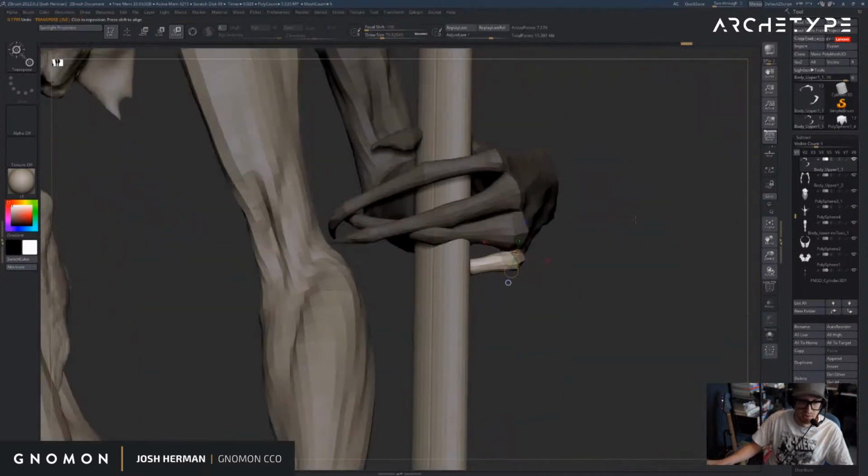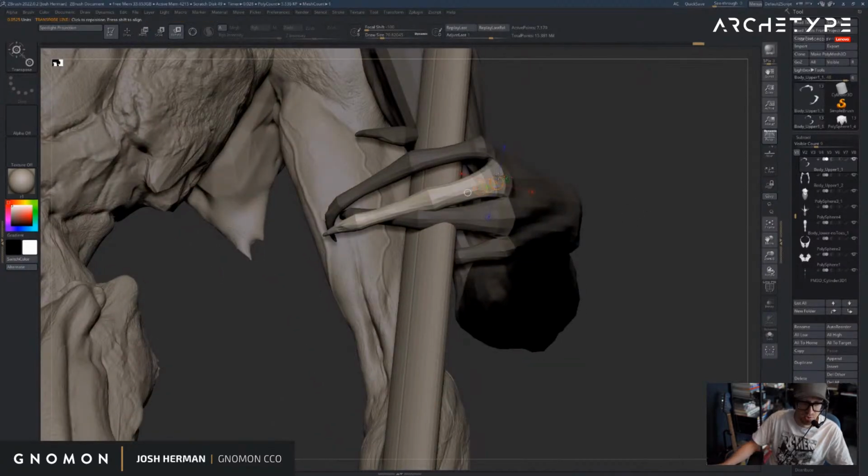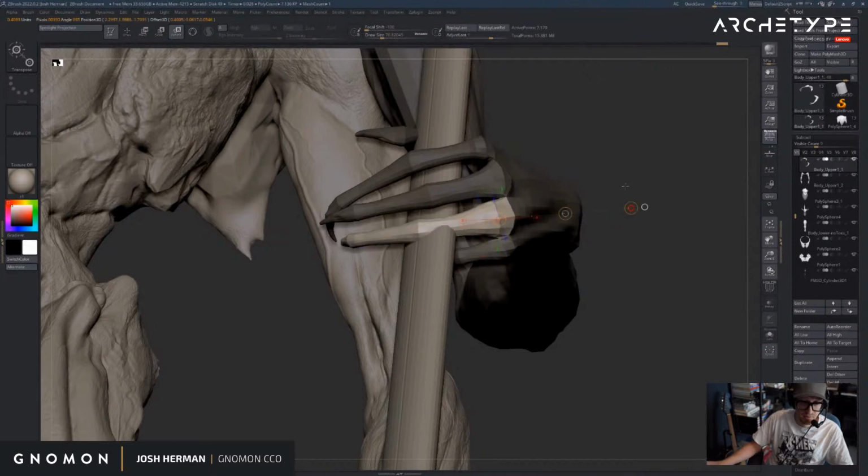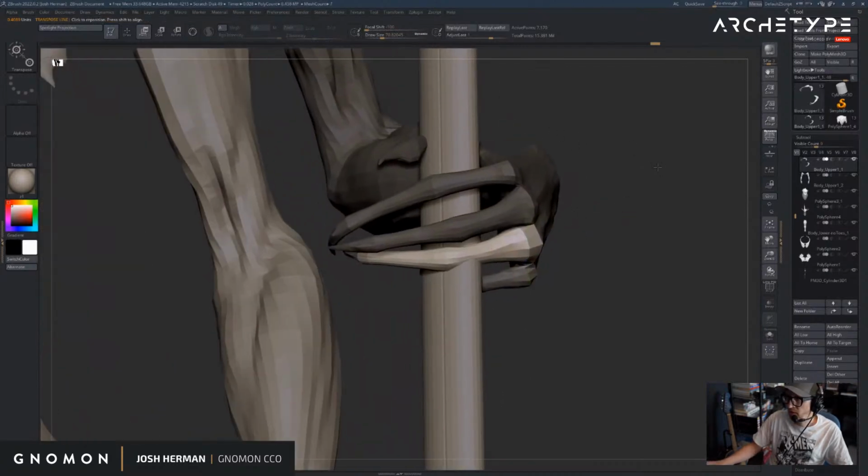Alright, that's going to be a good starting point. Even though the fingers are kind of crisscrossing, that's okay. We can just do a quick mask from this angle and pull them apart. Sometimes also shove them together. I've noticed that when sculpting hands,